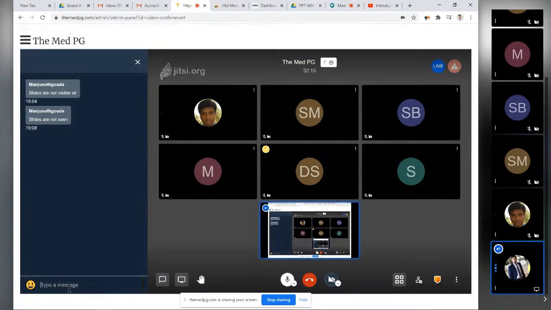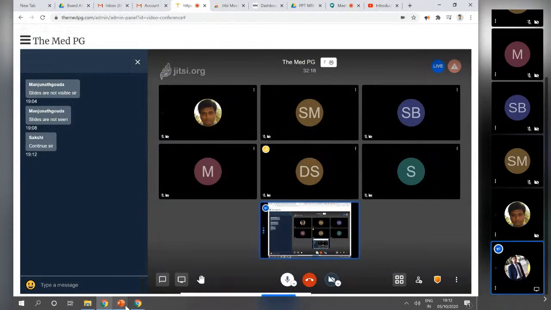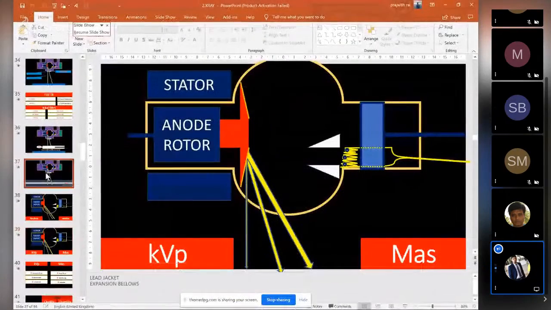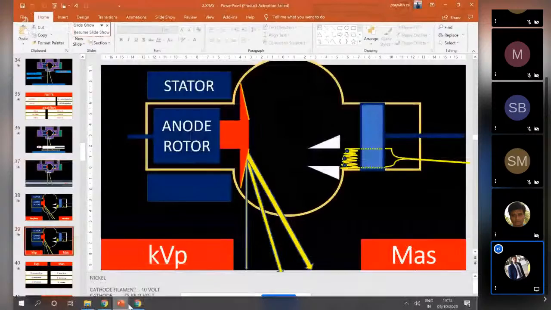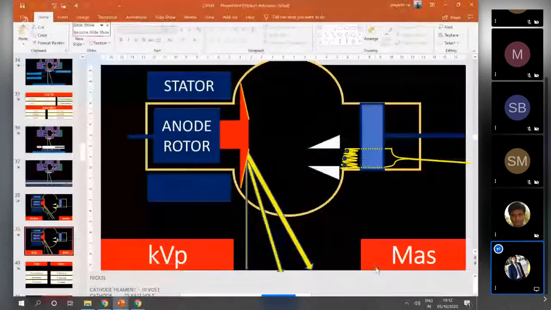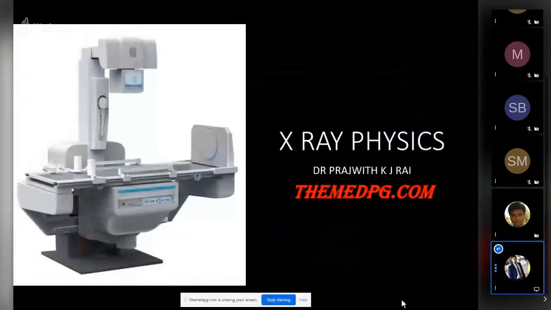Can you please type in the chat box? I continue from the same spot. Okay, Sakshi is telling me to continue from the same place. Okay, I'll continue from the same. Any other opinion? No one has given any other opinion. I think Sakshi is following my previous classes, so